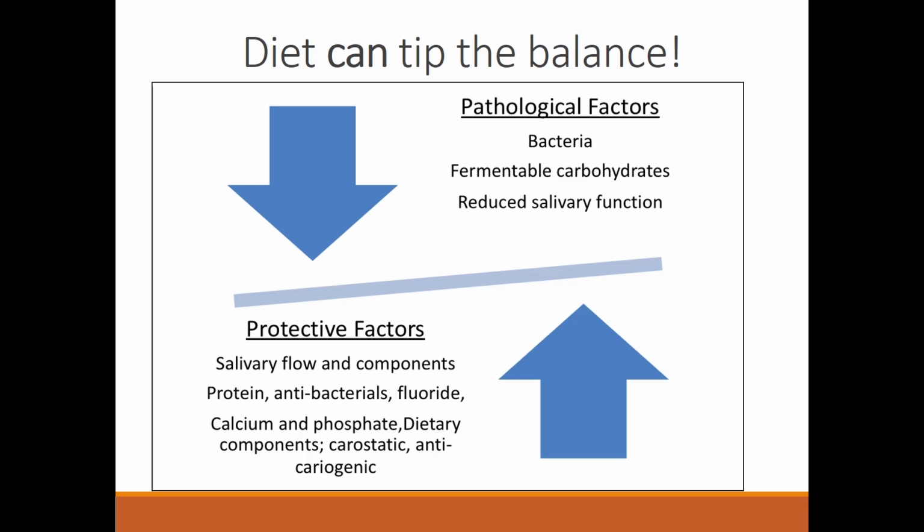So what we get from this unit about the relationship between diet and caries is that by increasing the protective factors within our mouth or within our body, we can actually tip that scale and balance out the risks or those pathological factors like frequency of fermentable carbohydrates, bacteria, or a patient that has xerostomia. And we can tilt that risk in the opposite direction by bringing up the salivary flow by having citrus fruits or chewing sugarless gum, having fluoride treatments or rinsing with an antibacterial rinse, eating our meals with proteins or cariostatic foods like nuts or cheese,